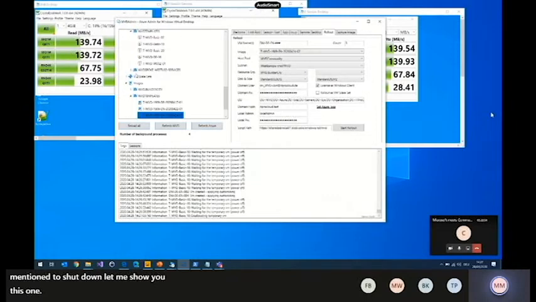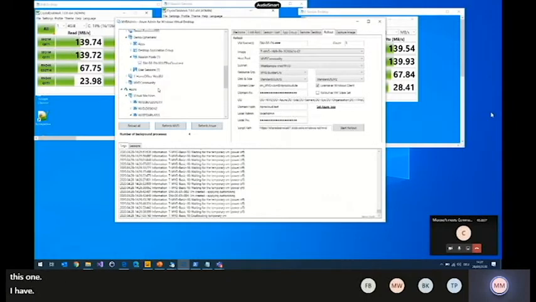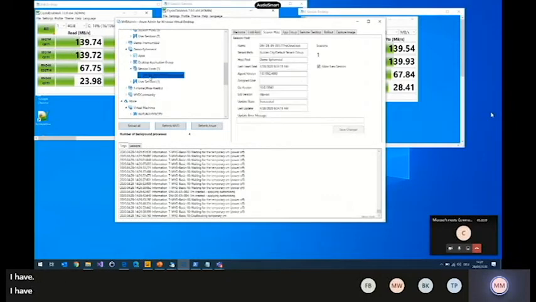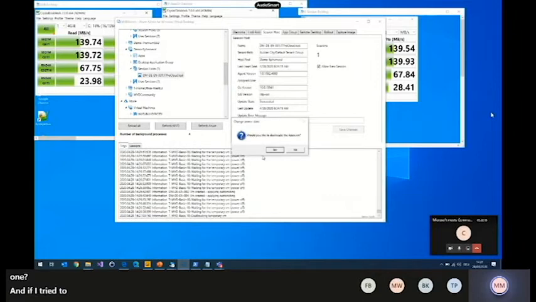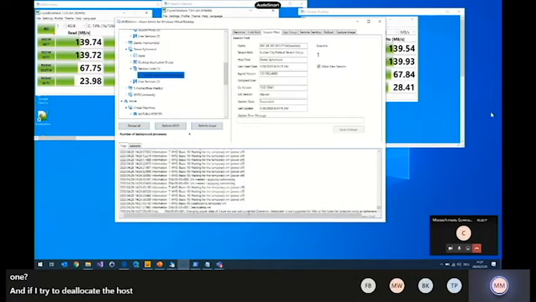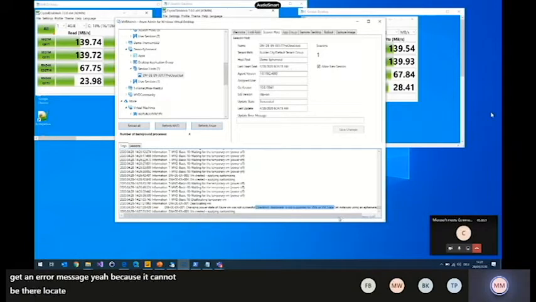Here, this is a session host, DEN01. And if I try to deallocate the host, I should get an error message. Yeah, because it cannot be deallocated. It can only be deleted,